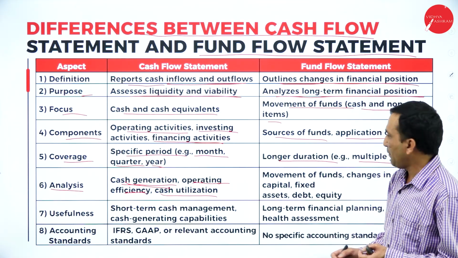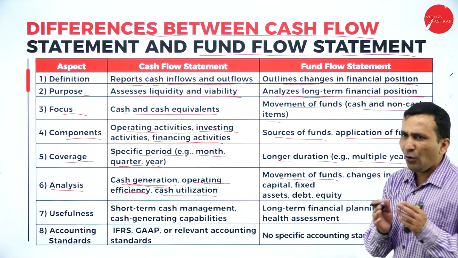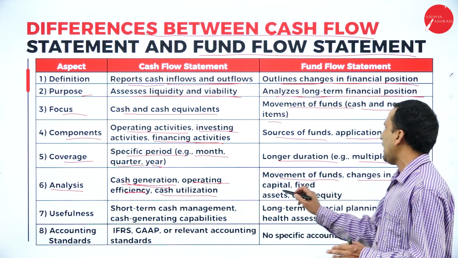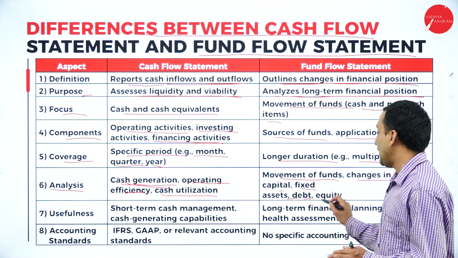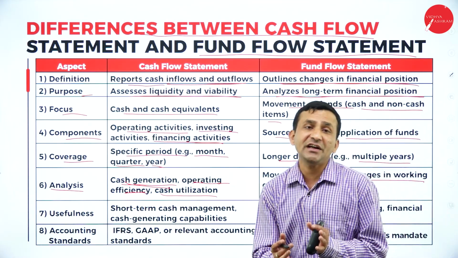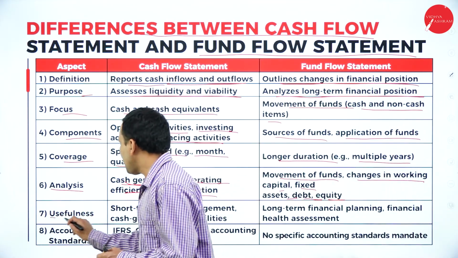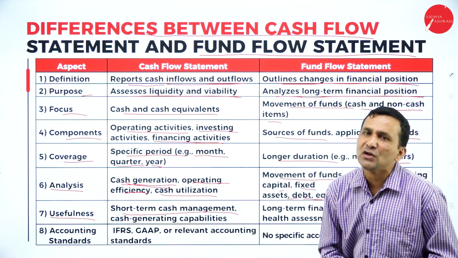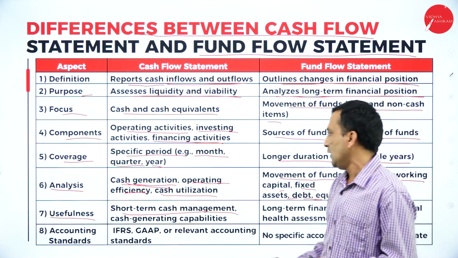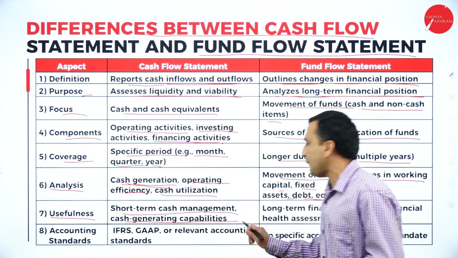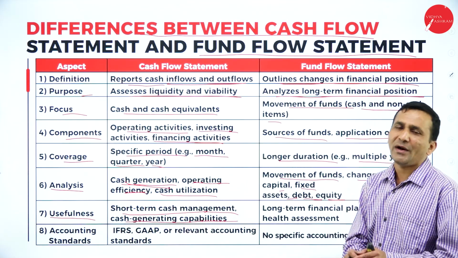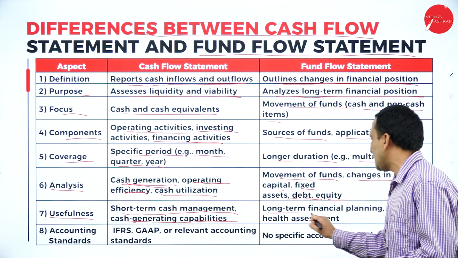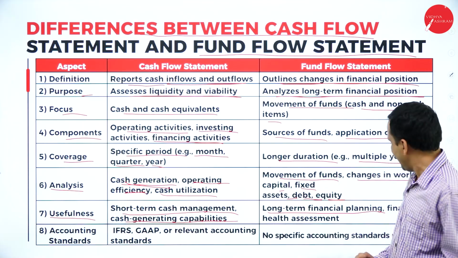Under fund flow statement, movement of fund, how it is the movement of the fund. Okay, and change in the working capital, fixed asset, debt, equity, preferences. Under usefulness here, short-term cash management, cash flow statement is very useful, and cash generated capability is very important. You need to identify. And the fund flow statement is suited for long-term financial planning, okay, and